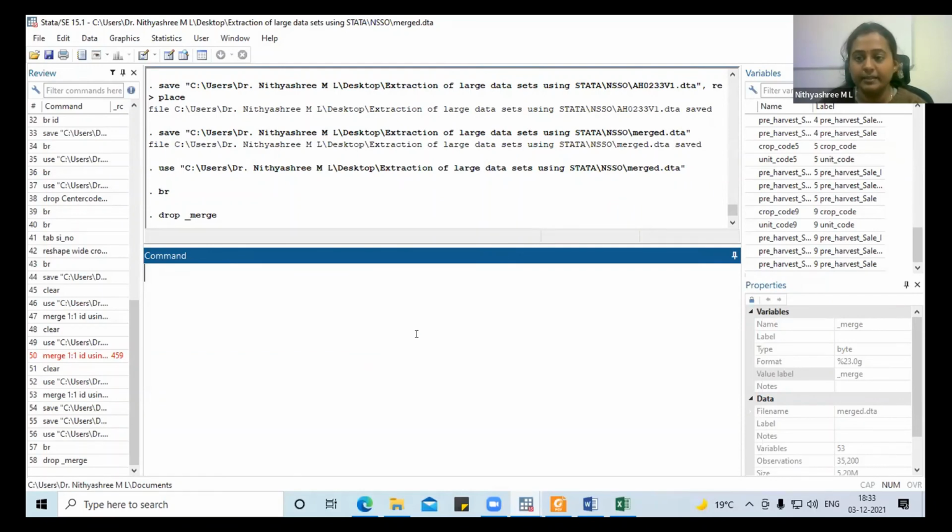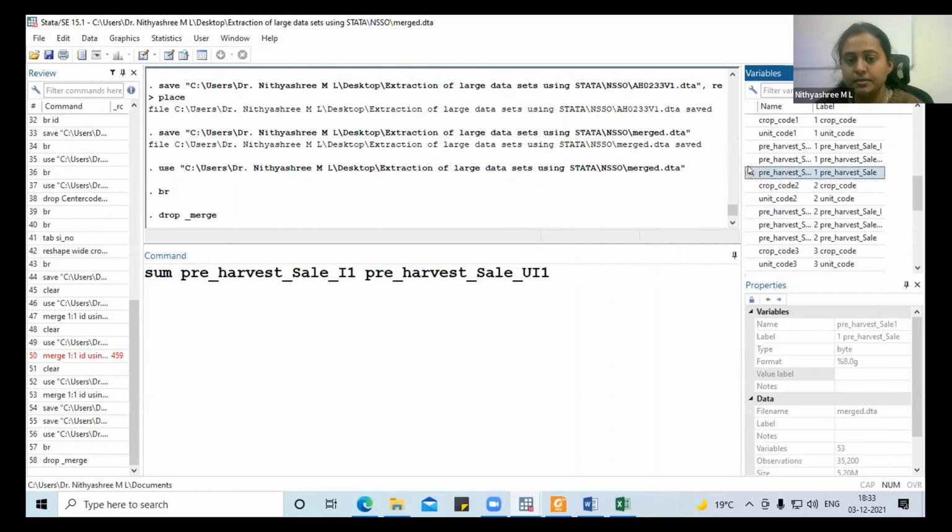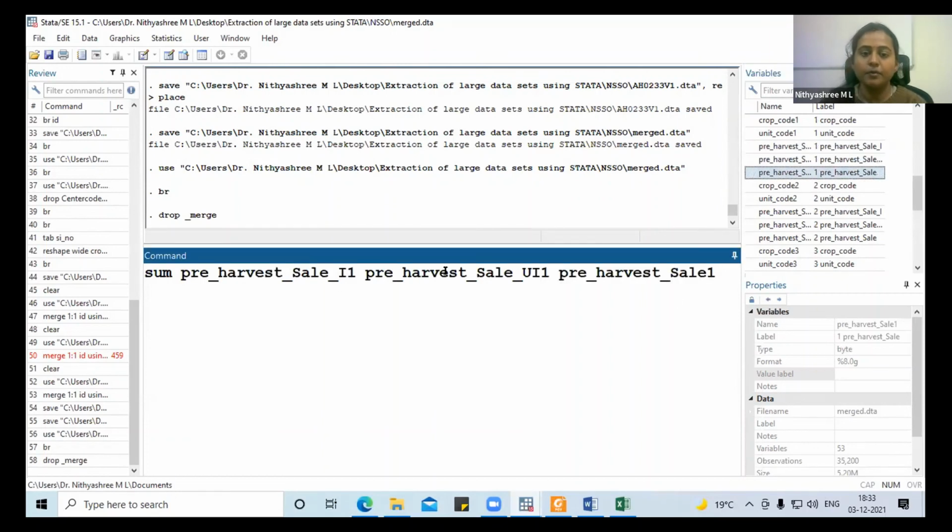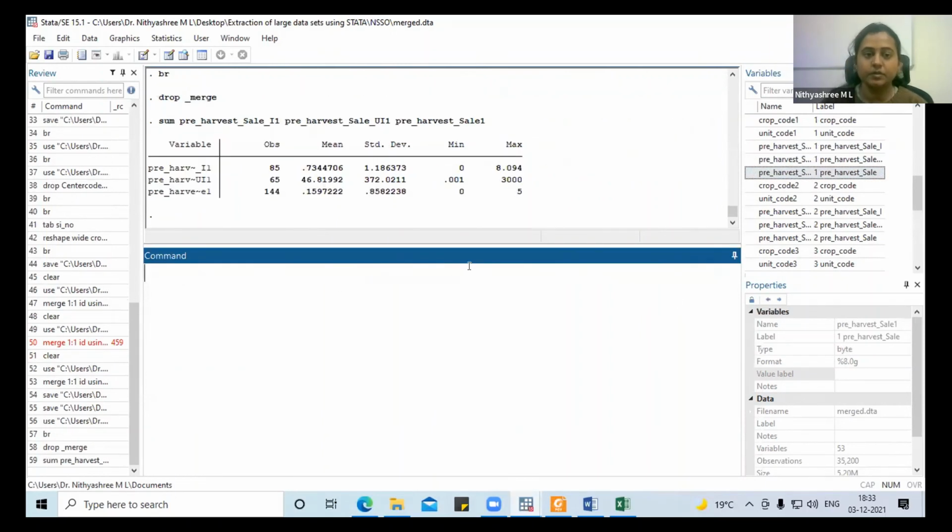For example, here you want to calculate some preliminary things like the sum of these three variables. This is for the sample database. If you want similar estimates for the population, at that time you need to use the weights.